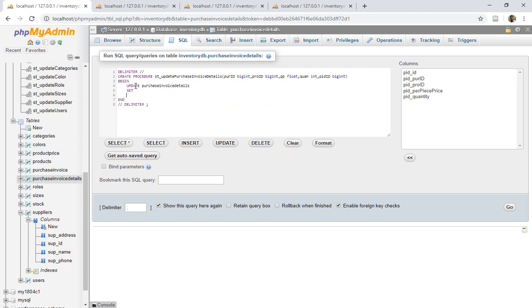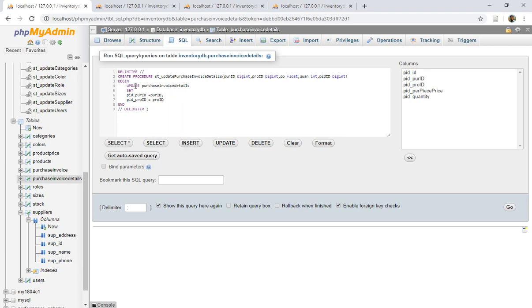Set PID underscore purchase ID equals to per ID. Okay, PID underscore, then we have the product ID. So product ID is equals to